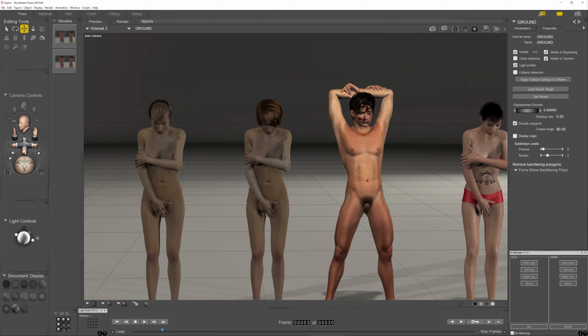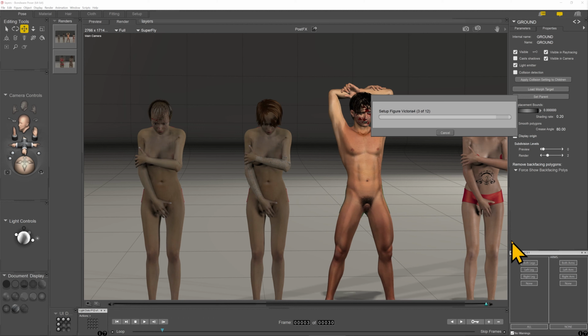I've got 4 characters here. I've got a mud map, a dirt map, a blood map, and a tattoo. So let me just quickly render that again, because it seems to have deleted the previews. Just quickly render their torsos for you to see. So these 3,